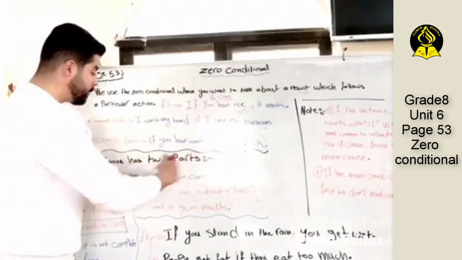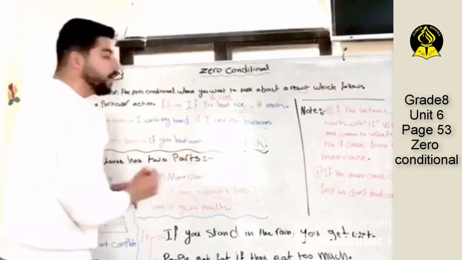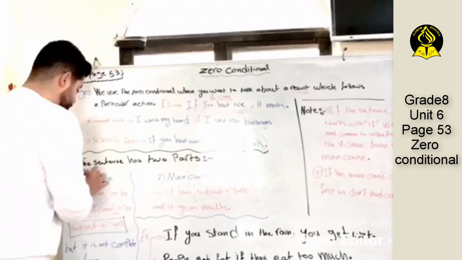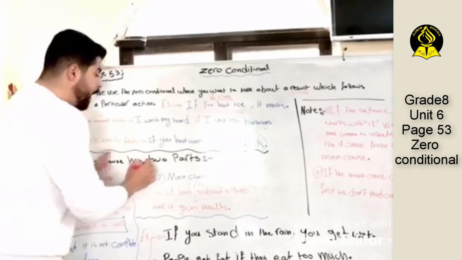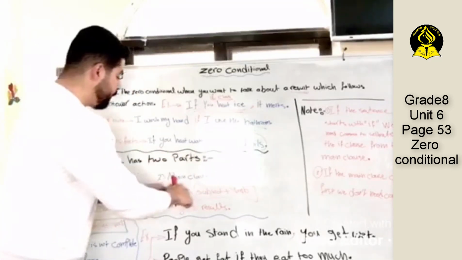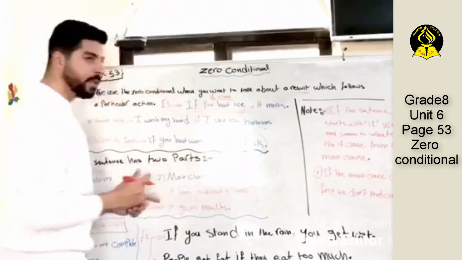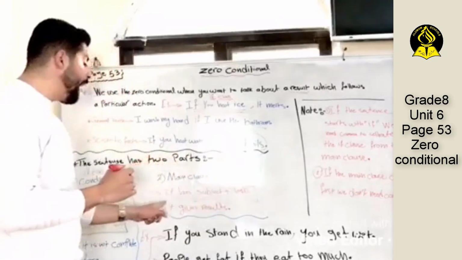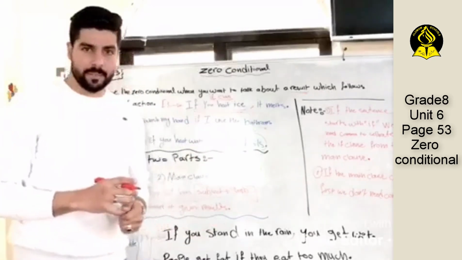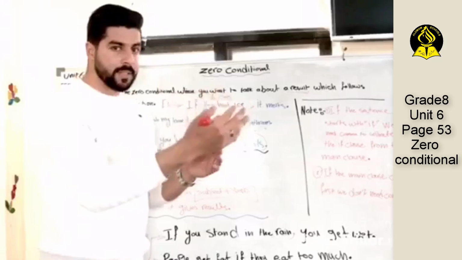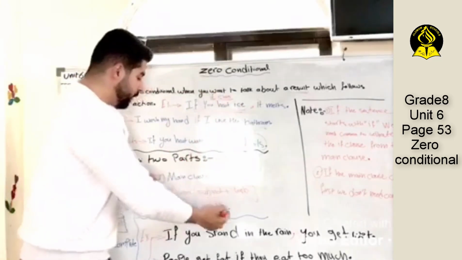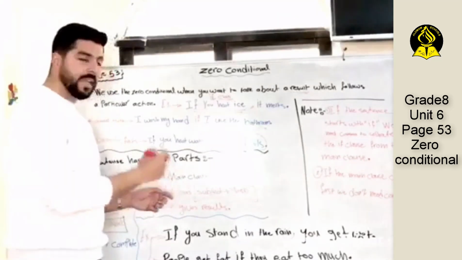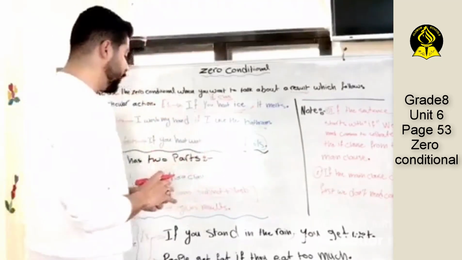Okay, the second part, main clause. So we have condition or if clause here, and main clause. The main clause also has subject and verb and it gives the result. The main clause gives what? The main clause gives the result. Again, the main clause gives the result. Okay, good. For example,